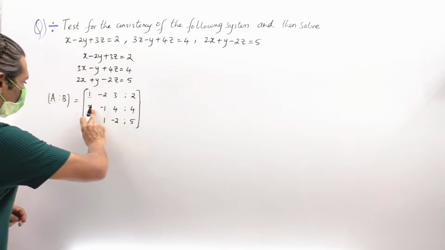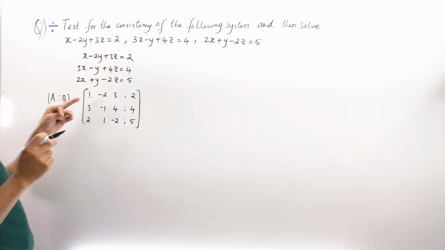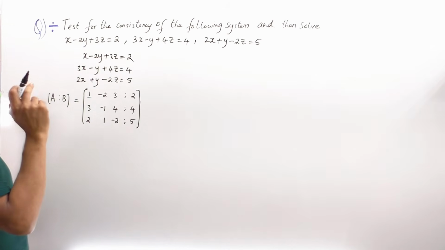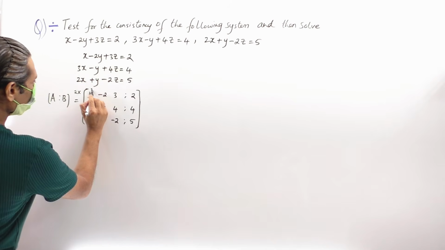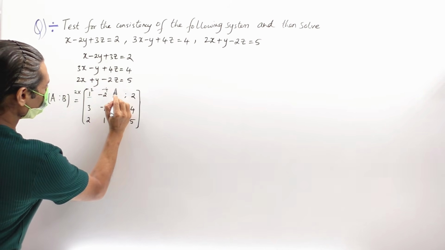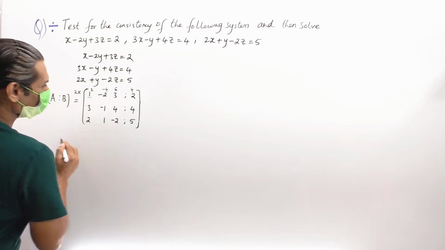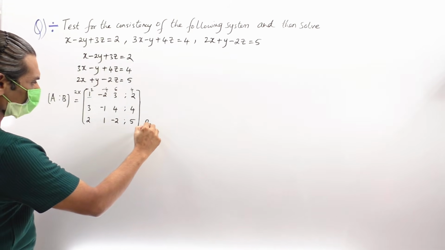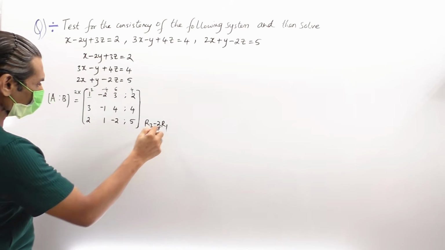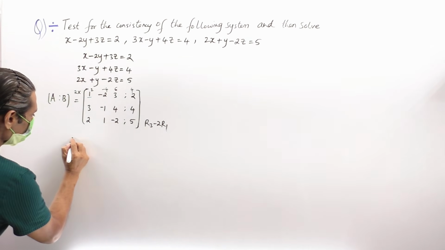Now what to do here? First make 2 zero making use of 1. So how can I make 2 zero making use of 1? This should be 2, so multiply the whole row R1 by 2. So 2 ones are 2, 2 into minus 2 is minus 4, 2 threes are 6, 2 twos are 4. So what's the operation I follow? It is R3 minus 2R1. That is, I am making this R3 row zero, making use of the R1 row. So this will be now